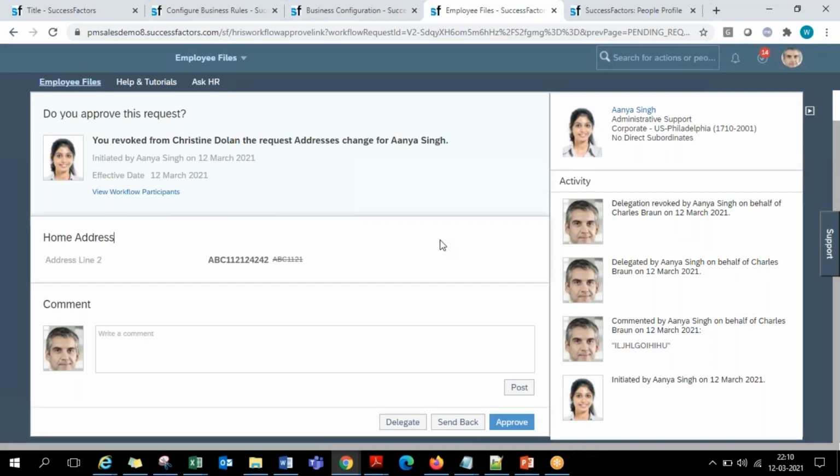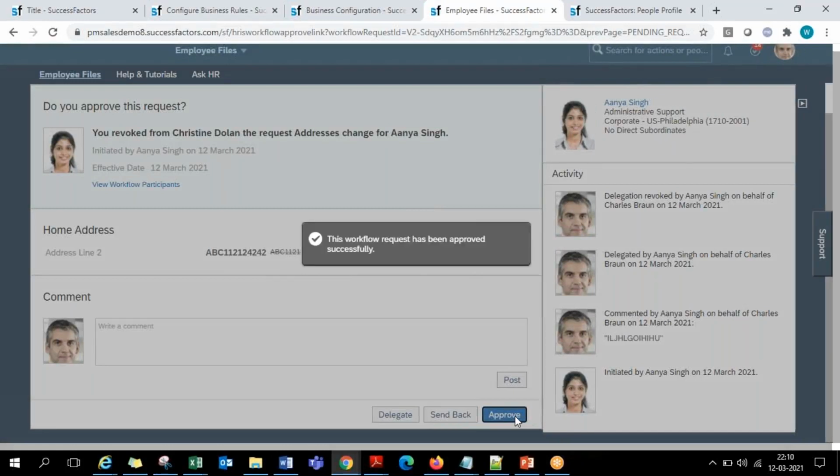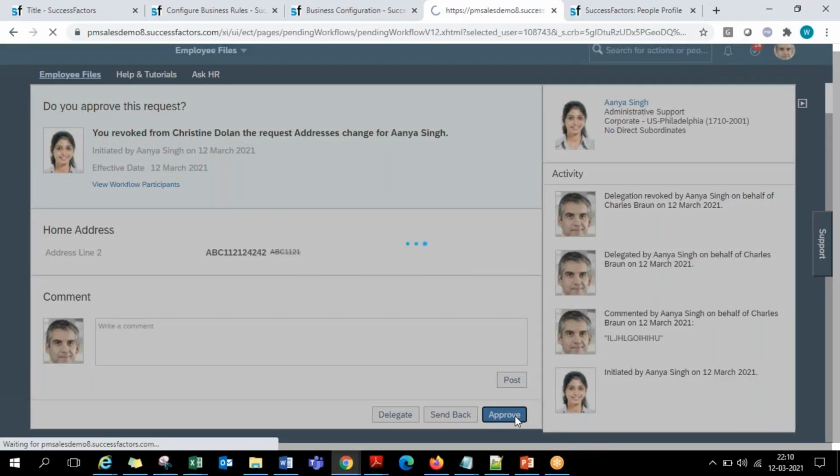So this is the way approvers will get a workflow request in their to-do list. The workflow item that came in their to-do list can be approved, or it can be sent back, or it can be delegated. Once delegated, it can even be revoked back. So these are all the multiple options we have at a workflow approval level for one approver. Now it came back to the first approver again, and this time he decided to approve by himself. That is done. First approval is done.